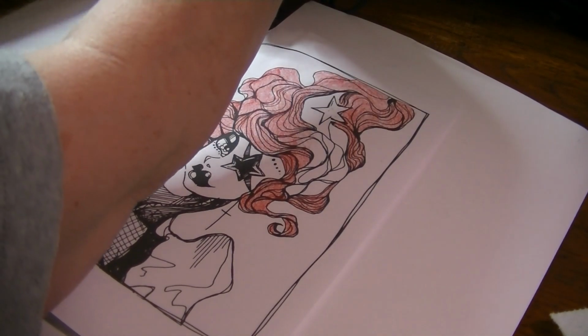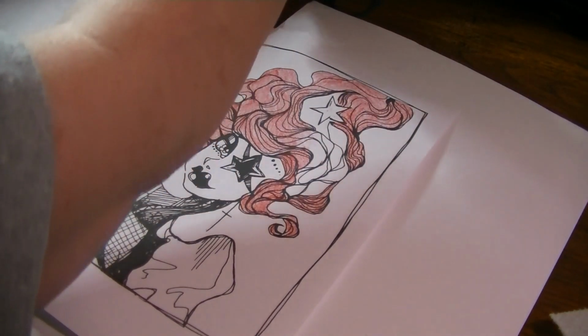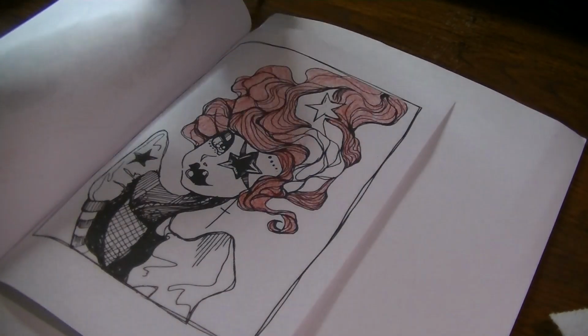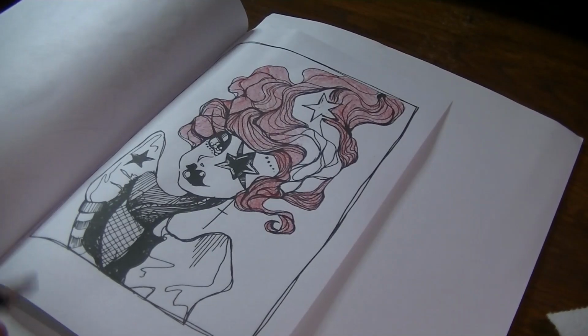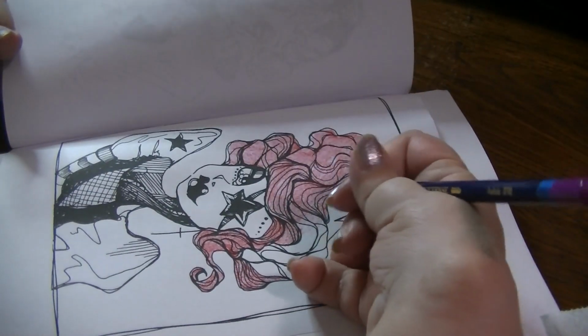Trying to find my right color. It's hard to... Fuchsia. There we go. This is another one I reach for a lot. My cord to my light is in the way here. Oh, there I go, bumping the camera. Alright, so yeah, so I'm just gonna...